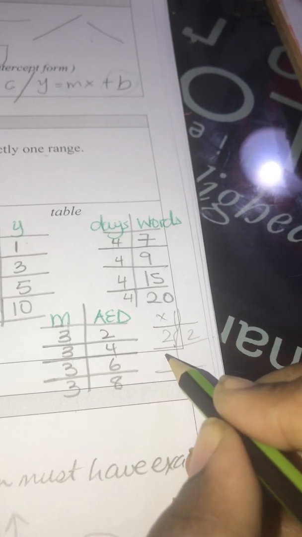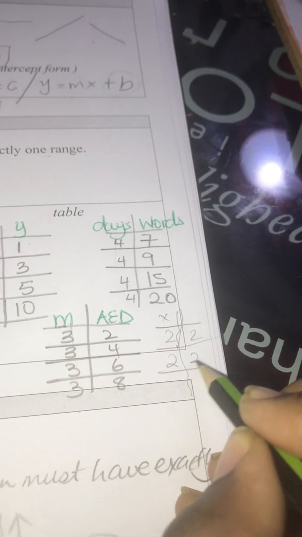You can have here 2, 2, 2, 2, like that. X, Y. Yes, 2, 2. So if you have a table like this, this is a vertical line, and also this is not a function because this 2 is going to